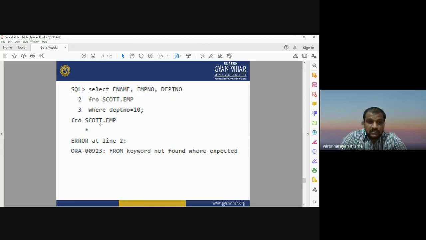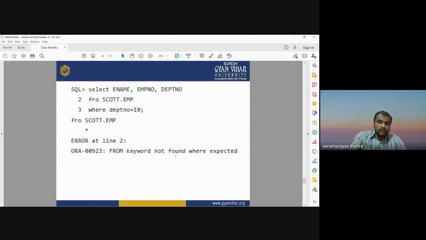We can check the written syntax or statement by using some programs, by using some codes. If you have not written it in a proper manner, if it is incorrectly written, then you can have this kind of error. ORA-00923 means the keyword is missing. Whatever keywords you have used in your syntax are not present in the database.